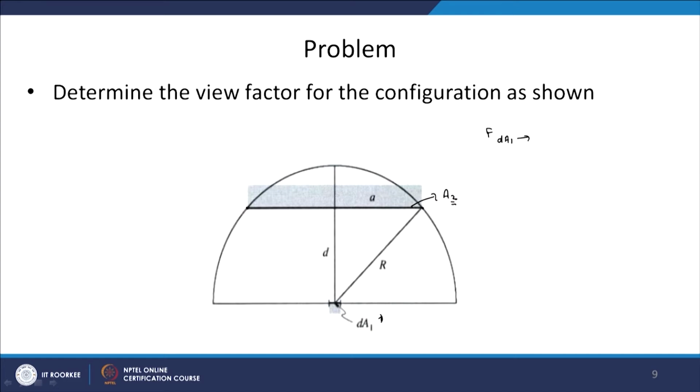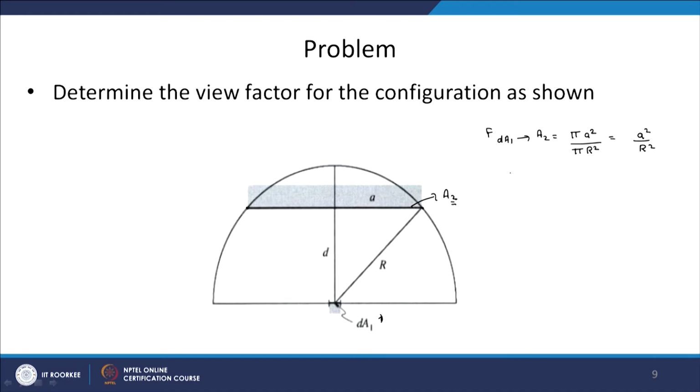Okay. So, as per this definition, the view factor F dA1 to A2 is simply equal to the projected area. We have to project this area onto the plane. The projected area will be equal to pi a square. It does not matter whether you project it first on the hemisphere or on the plane. The projected area of the disc is simply pi a square, divided by the area of the disc on which dA1 is lying, which is equal to pi r square. So, this becomes a square upon r square.